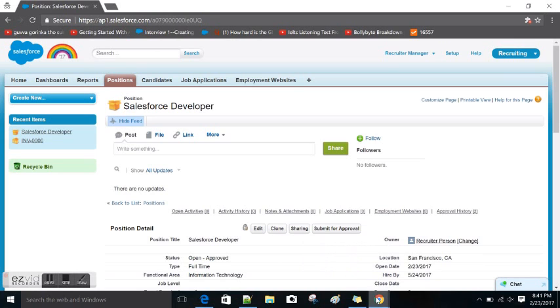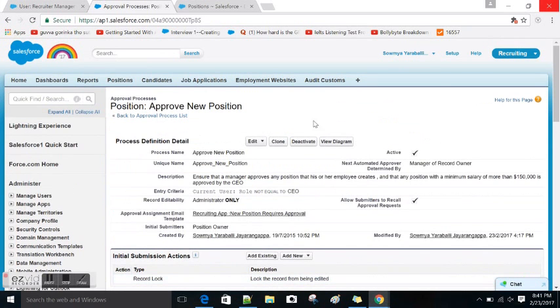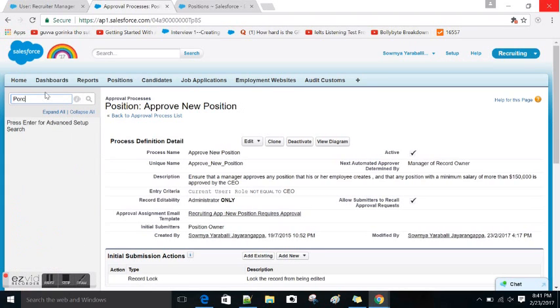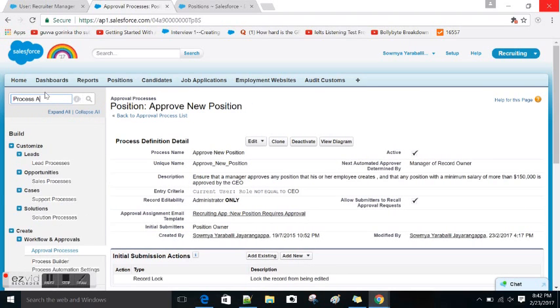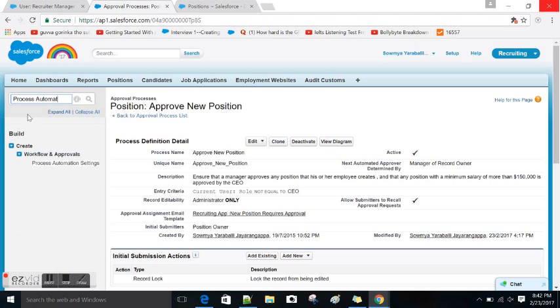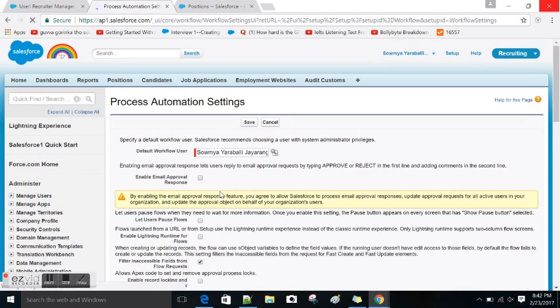In order to achieve this feature, you have to enable email responsiveness. What you have to do is, in the system administrator login, go to setup, and here go to process automation settings.